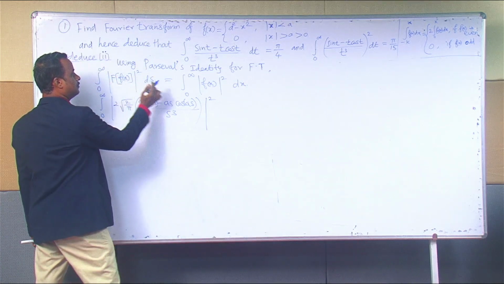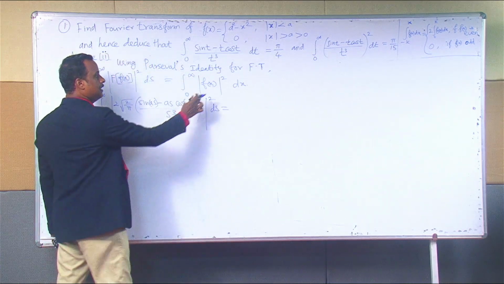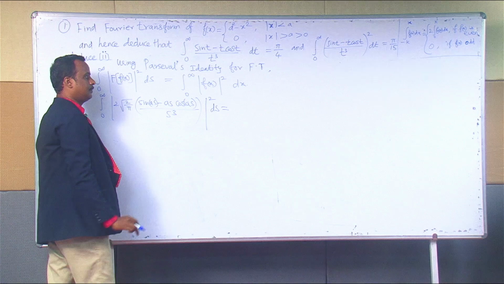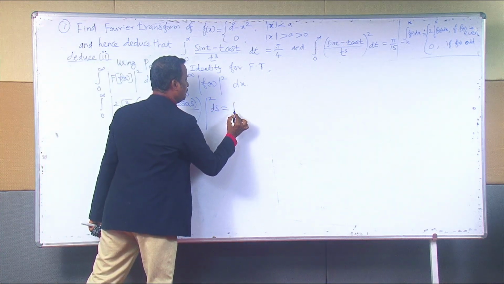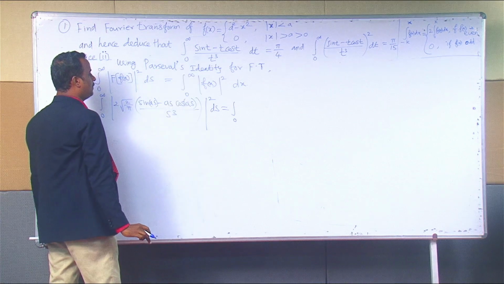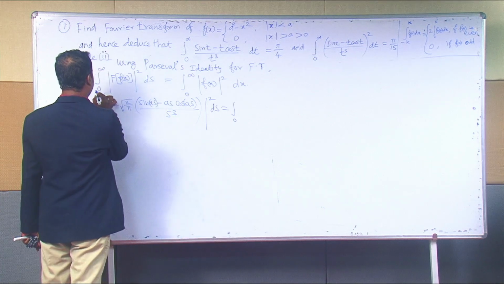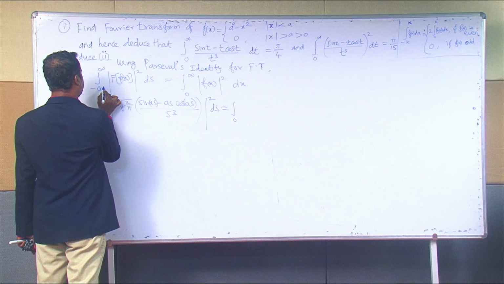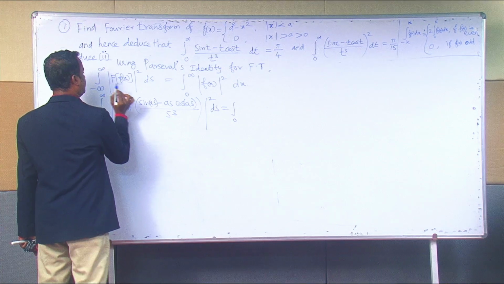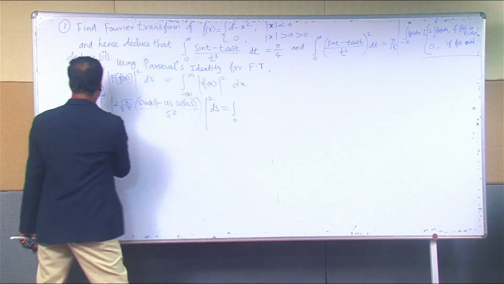That is the modulus whole square ds, which is equal to modulus of f of x the whole square, which is integral 0 to infinity. Here, instead of integral 0 to infinity, it is valid for us to apply integral minus infinity to plus infinity too. Also we can write it as minus infinity to plus infinity. So 2 times of